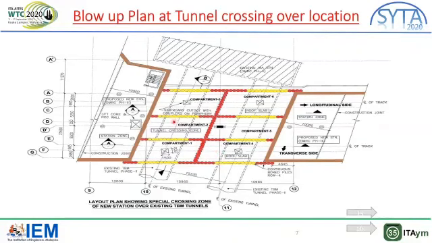You can see here, there are two types of pile. One is shown in yellow color and other one is in red color. The pile shown in yellow color has been terminated just 1 meter above the crown of the bore tunnels. And the red piles are longer piles with more depth.